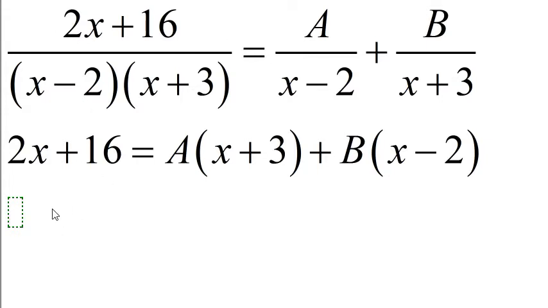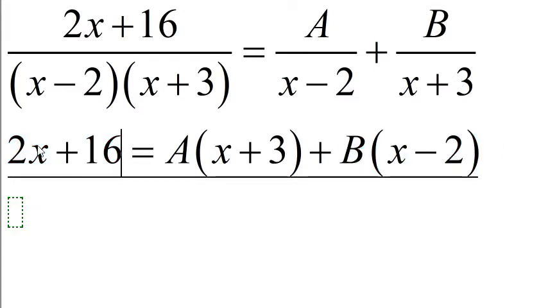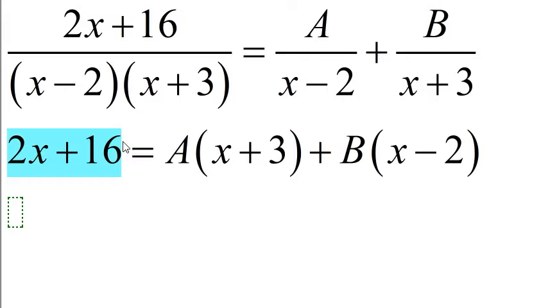Now we go. There's a little boy here, and he said plug in x equals 2 so that b will zero out. All right, well, if I plug x equals 2 into the left side here, I get 2 times 2 plus 16. I get 20 equals